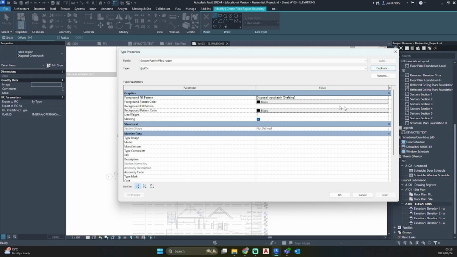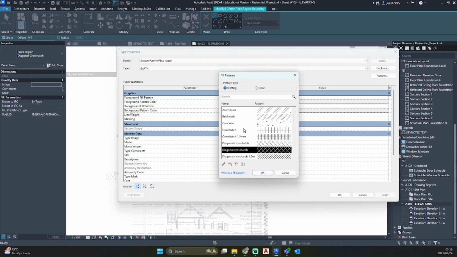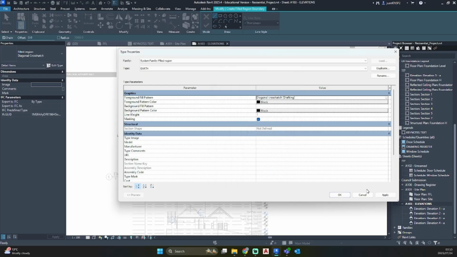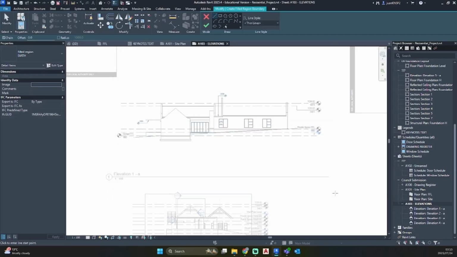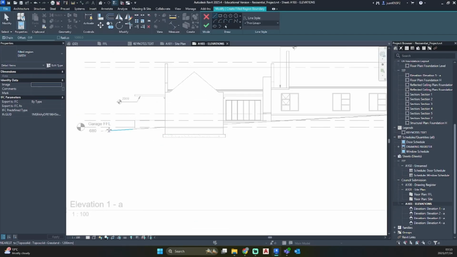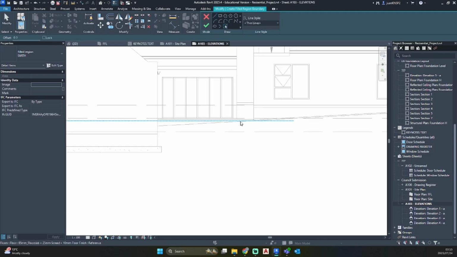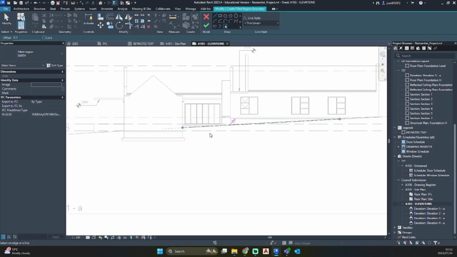Now we need to change the foreground fill pattern. Let's go ahead and scroll down until you find earth. Apply and OK. So now I'm just going to use my pick lines tool and select my site line.